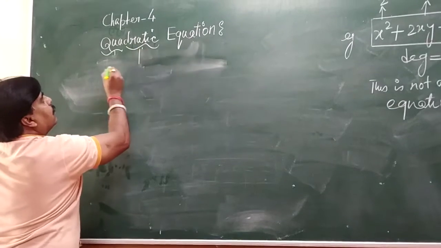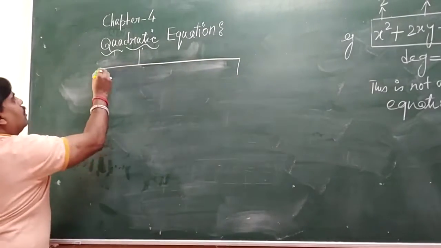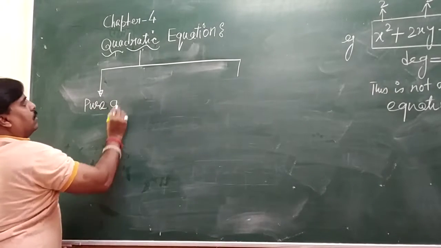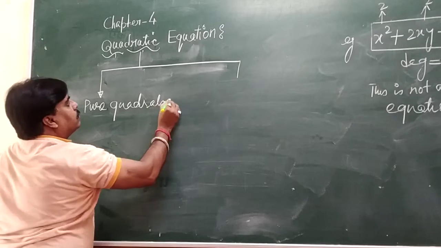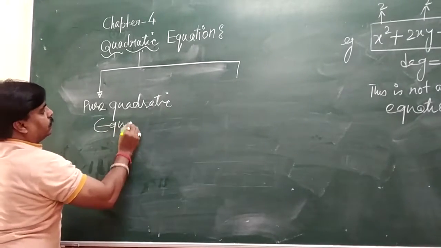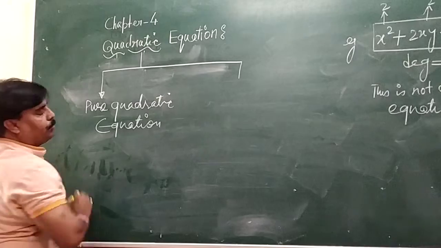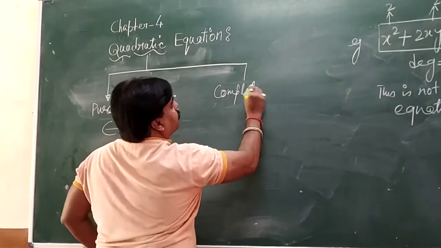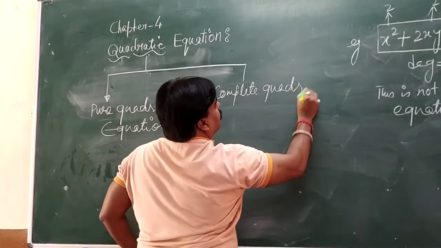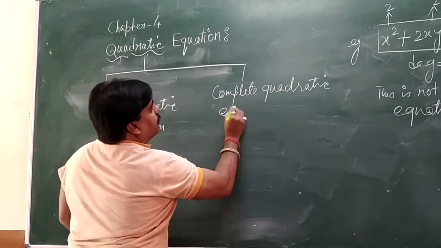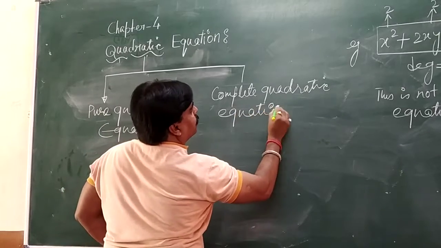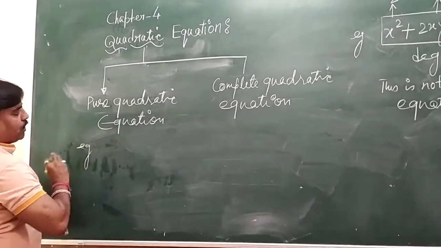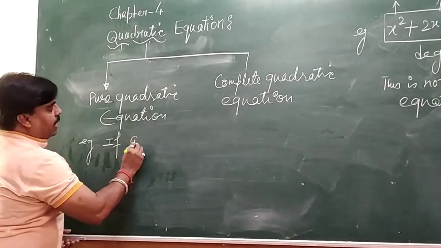See, first is pure quadratic equation. Second is complete quadratic equation. Pure quadratic equation is if your equation is in the form of, if a is not equal to 0, then